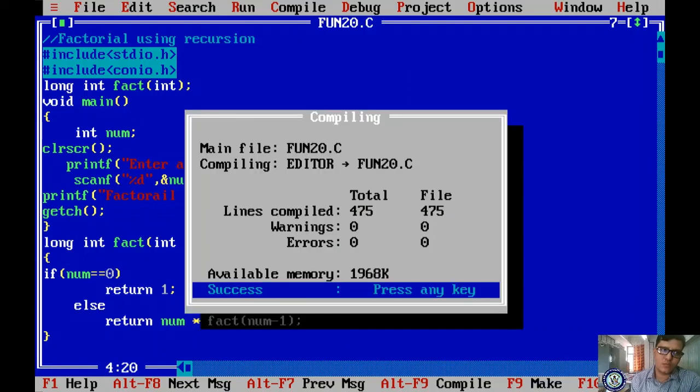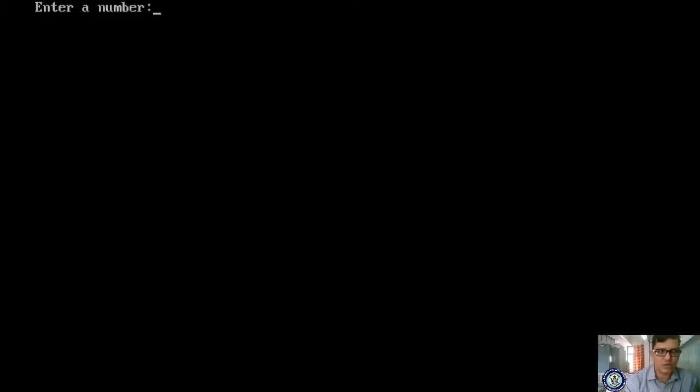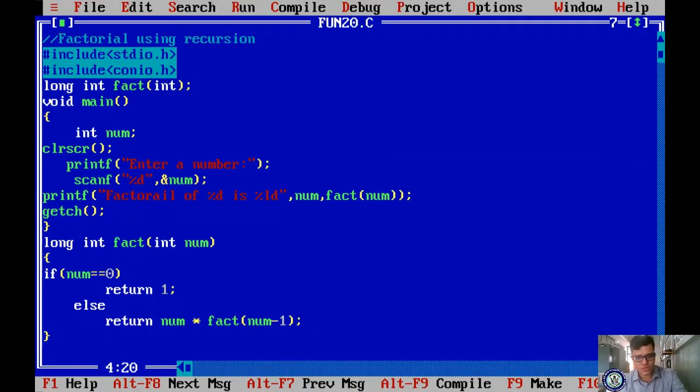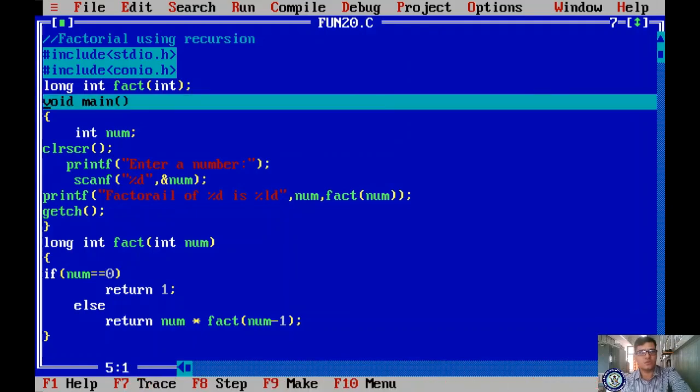Yes, without the prototype declaration it was showing an error. Now run it and give the input. It gives 120. For the execution, I am showing it by pressing F7, the function key. If I press F7 you can see the sequence of execution. The main function already reads the prototype declaration.